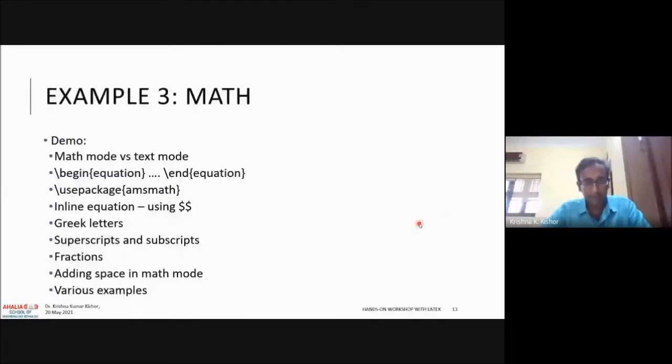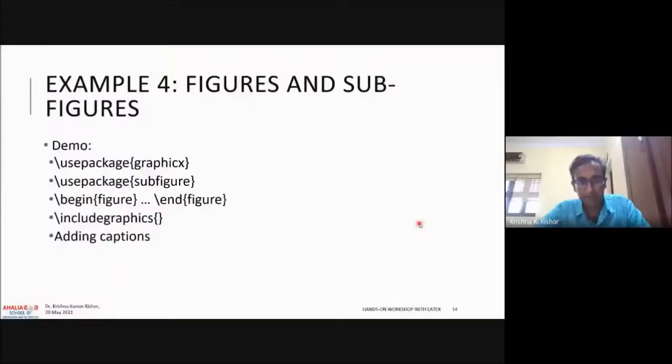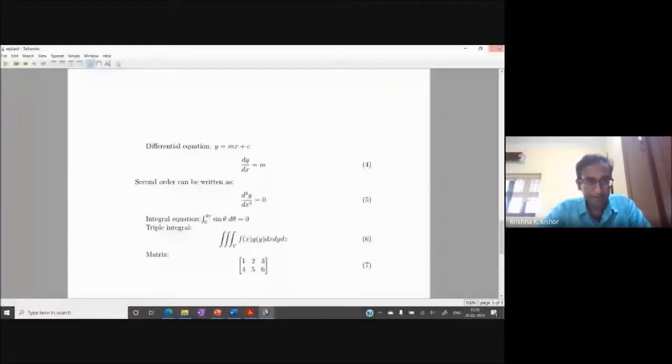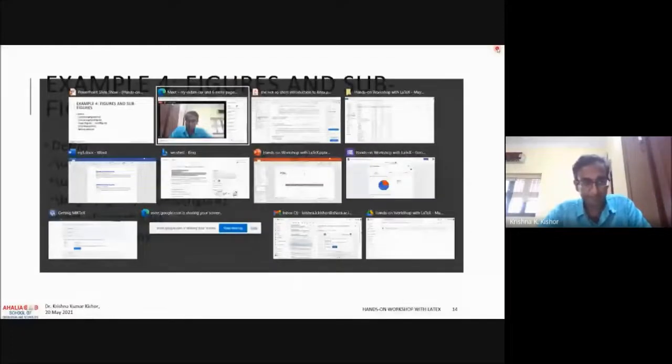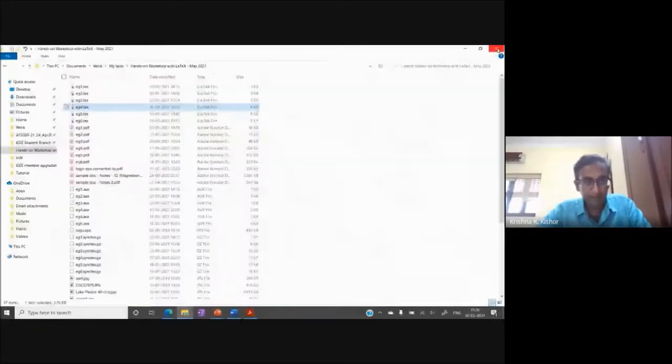Thank you. So the next example is about adding figures and subfigures, right? So let's close this document, PDF, the text file. Let's open up the 4th example. Right. So in this example, what we're going to do is we're talking about adding figures and subfigures. Right. I'll show you what a subfigure is.